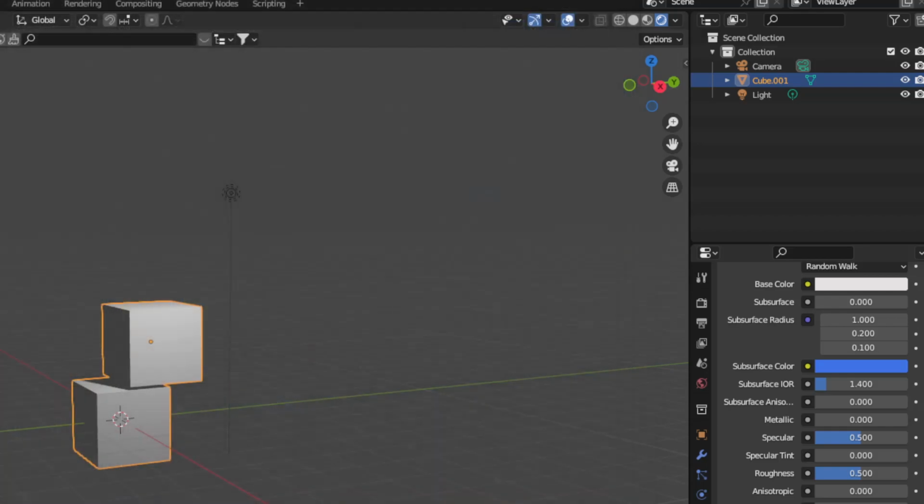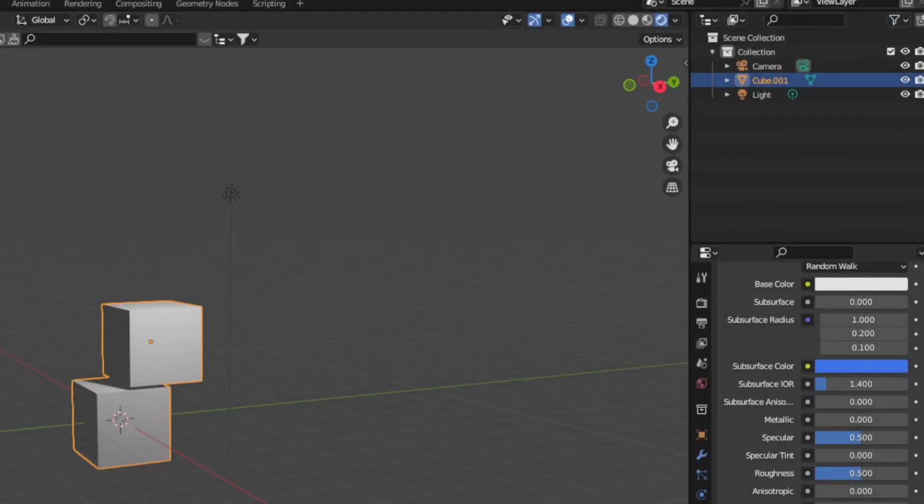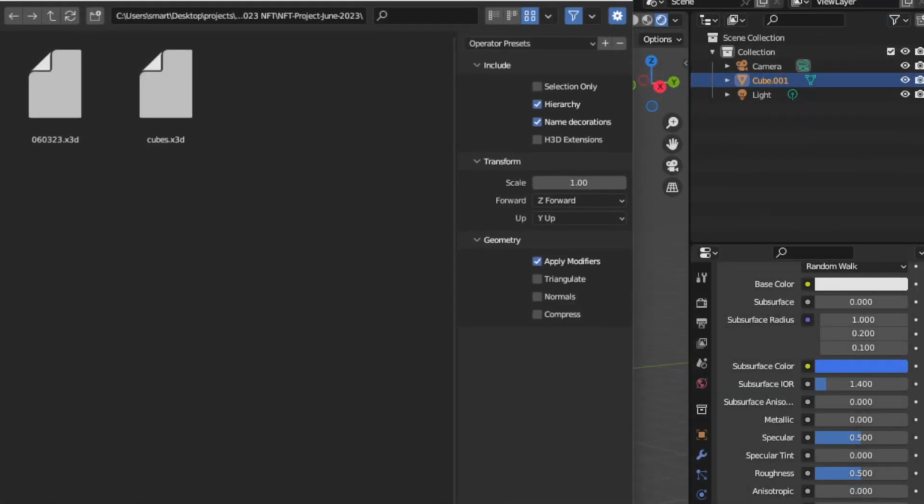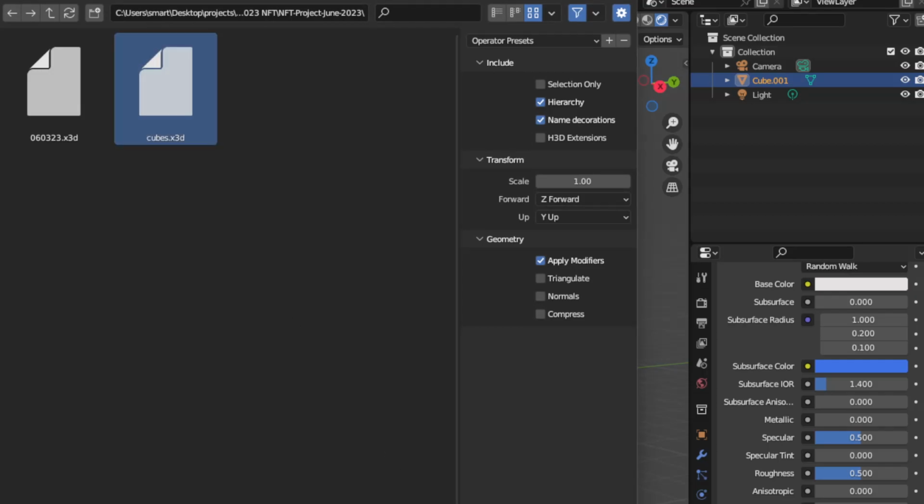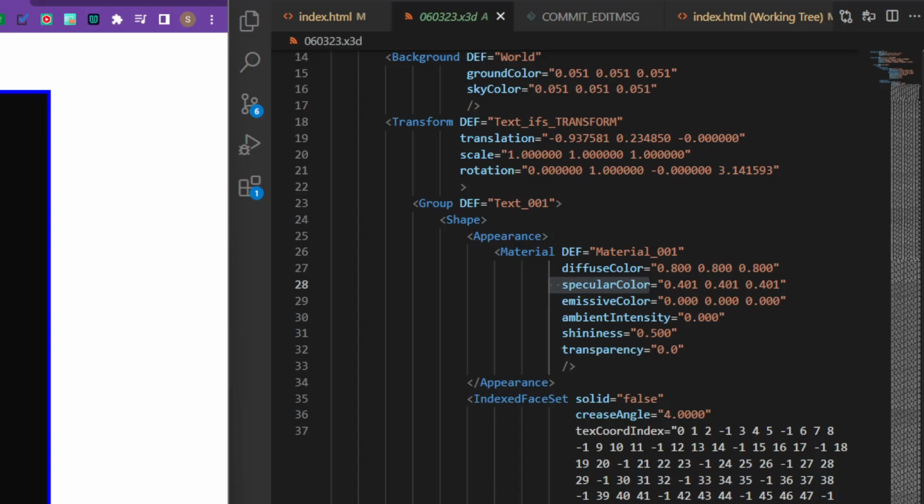So let's go to File and let's go to Export and then, oh, okay, File, are you kidding me? File, Export. Oh my, what is going, okay, really? Export. Okay, so we're gonna go here, export into that. Let's go and reload. See? Okay, this is great. So the specular color,